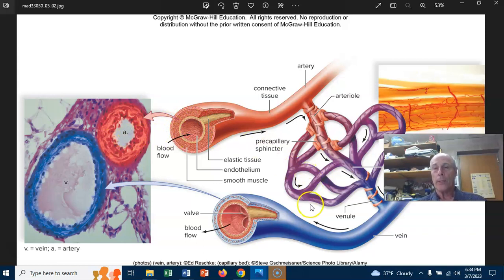Okay. Now it's important to remember these capillaries are way smaller than this might give you the idea that they are. You have a capillary bed in close proximity right up against every cell in your body, with just a few exceptions. One of those exceptions is something we call cartilage. And if you've ever damaged a cartilage, you might know that it's hard to repair cartilage. Well, part of that is because they don't have a close by system of vessels that connect it to the circulatory system. This will come up again when we get to the skeletal system. But nutrients and waste have to diffuse through tissue to get to the